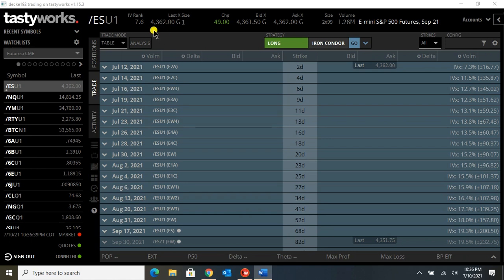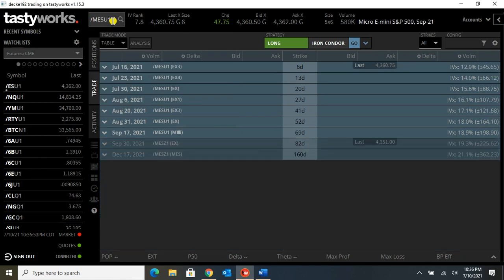There is a micro product for some futures products as well, which are typically 1/10 the size of their mini counterparts. So for the ES, the micro is actually /MES. That's the example I used before. In this case, I'm just going to touch on it quick. The notional value for this one is